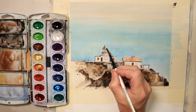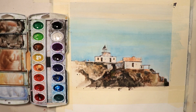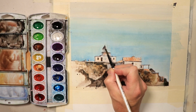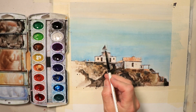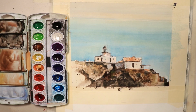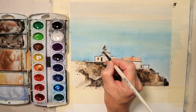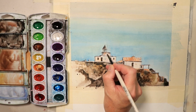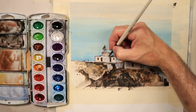There's a little bit of, and over here on this side, there's more shadow. And there's also the light in here. So we want to get that light there. And also a couple lines across. So let's tackle our shadows right now. There's a ladder over here, very small, but I will put it in